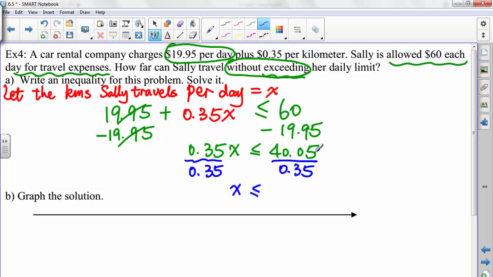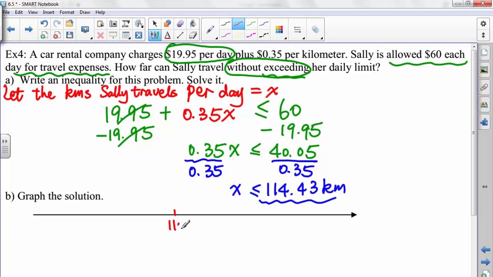So 40.05 divided by 0.35 is 114.43 kilometers. This is an approximate value. You only need to keep 2 decimal places for the approximate value. So that means if Sally does not want to exceed her daily limit, the total number of the kilometers she can travel is no more than 114.43 kilometers. So if you want to graph this solution on the number line, what I will do is I label this one as 110,